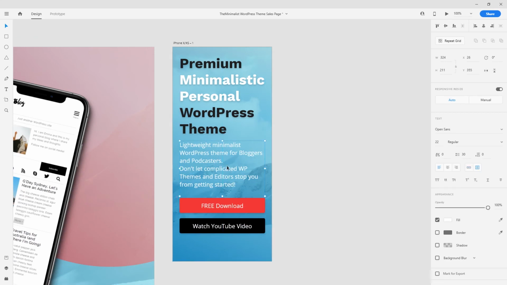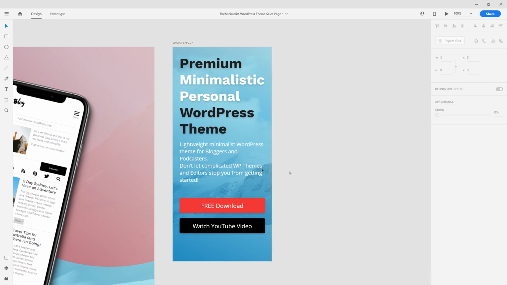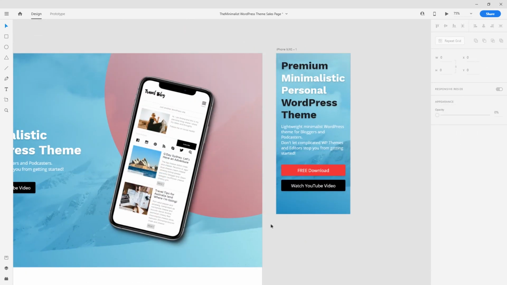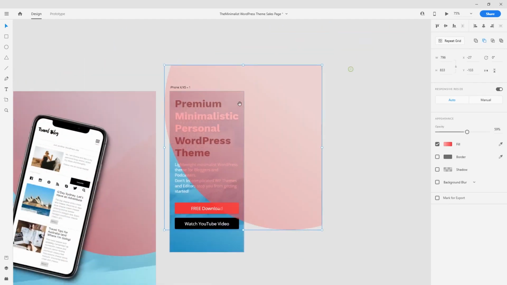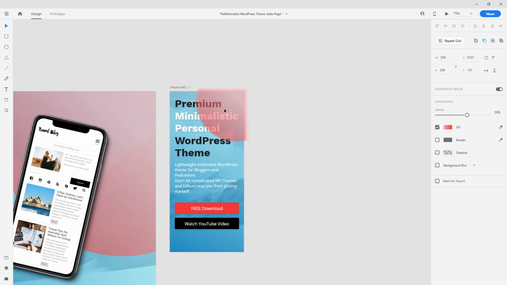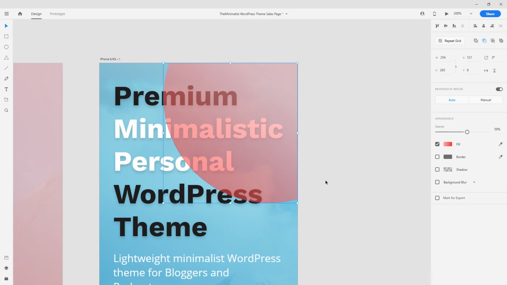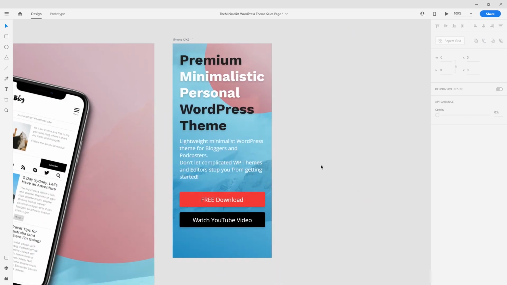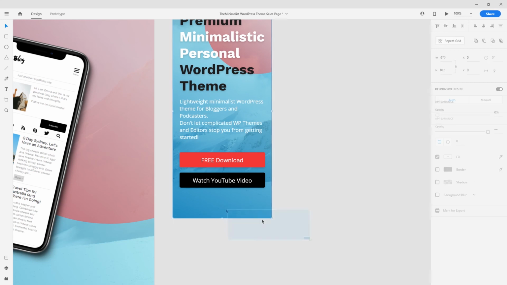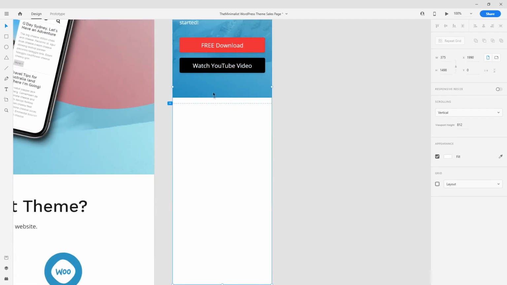That could go down a little bit, maybe just like this, and start formatting it so it works well on mobile. And then obviously the phone will be hard to fit, so you might have to miss this, but we can definitely fit the circle so we can be consistent. Maybe like this. Let's have a look how it looks, and you just have to experiment sometimes and see how it goes. And obviously if you want to extend your artboard, you can just double click on it and extend it a little bit,